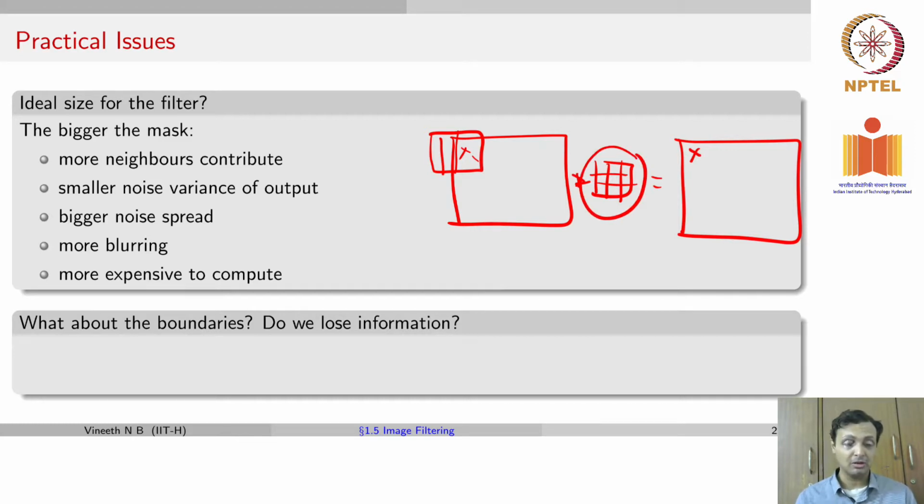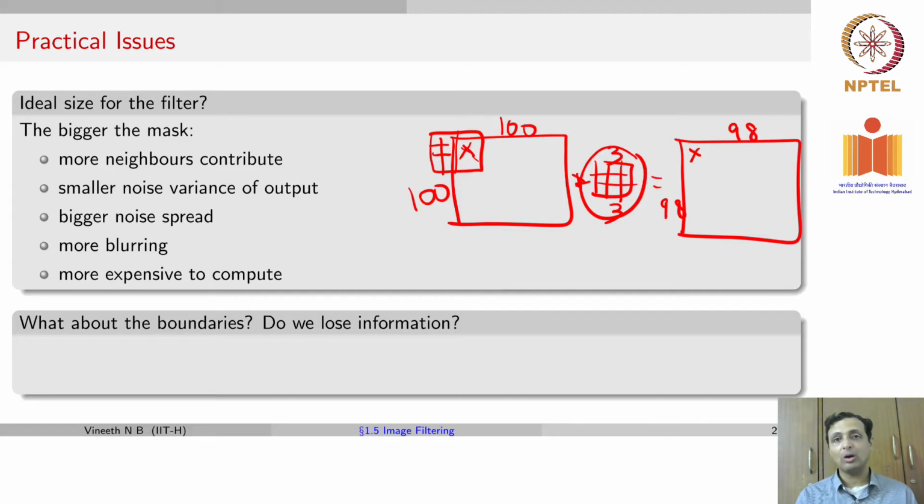Obviously, if that was a 5x5 filter, you'll have this impact for 2 sets of border pixels all around the image. Do we have to lose information? Will the output image be smaller than the input image? So if you have a 100 x 100 image and a 3x3 filter, because placing it at that very edge means 2 pixels will be outside, which you don't have values for, will your output become lesser? The answer turns out to be yes. The output will become the size 98 x 98 in this particular case.